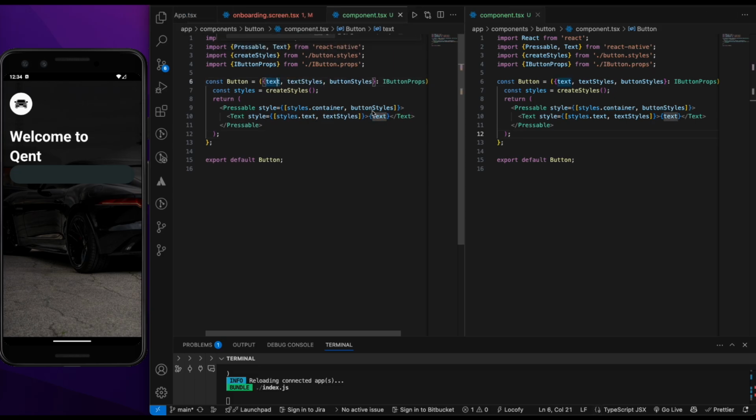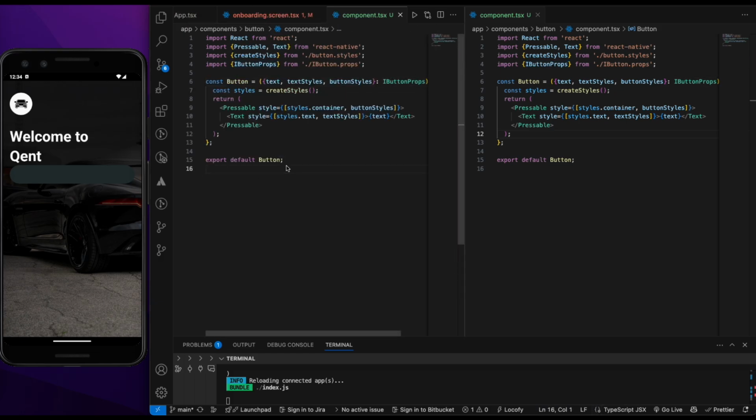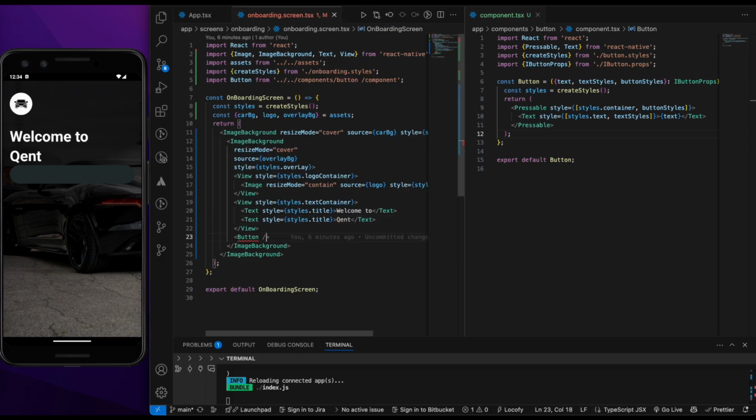Now what we'll do, yeah, it's good, but what we want is to make it optional, because not every time we will be adding the styles, because it's already as per the UI. So not much changes need to be done. So let's give the text like